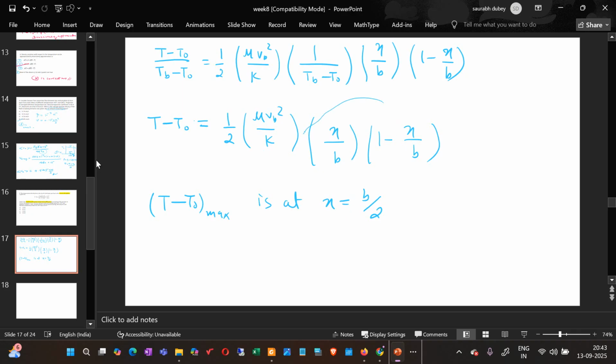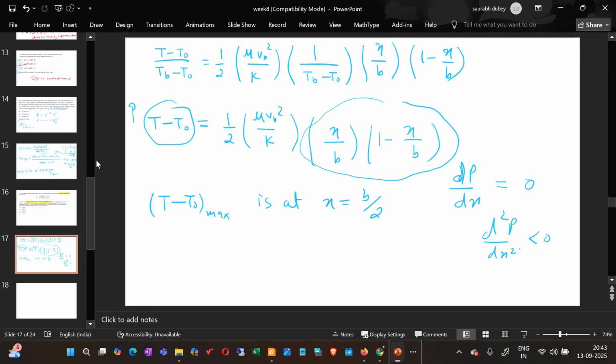Because you can use this, suppose this is P, so you have to maximize P, so dP by dx equals 0, you just put it 0 and then see the sign of d2P by dx2, and when it is less than 0, it means this critical point will give you P max. So x equals x max will give P max,